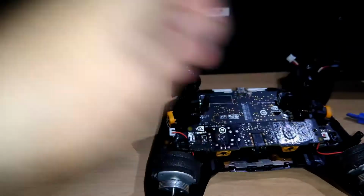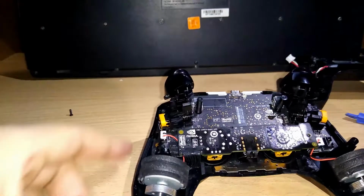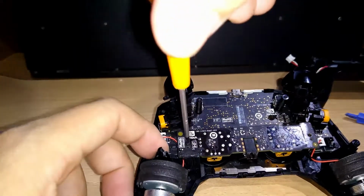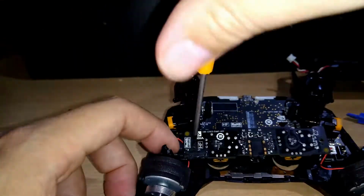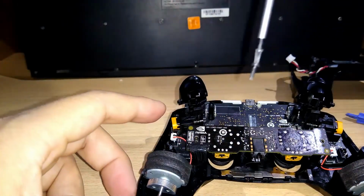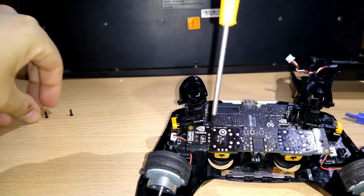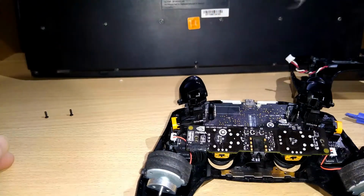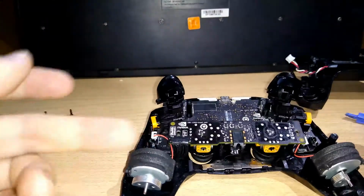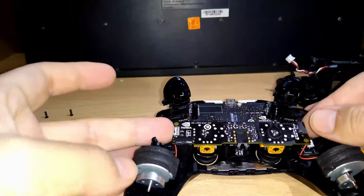Please don't lose that. I will put it here. I recommend, as a technician who repairs computers, always put the same screw where you took it out from the device you are fixing or cleaning. So when you take these two out, you will see that we have the